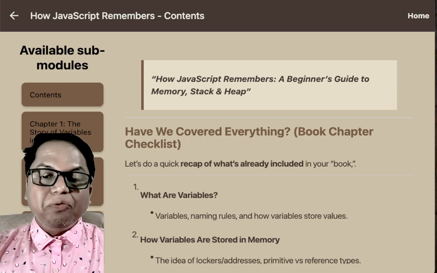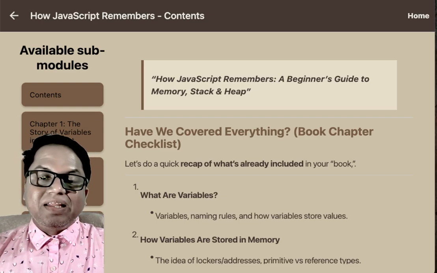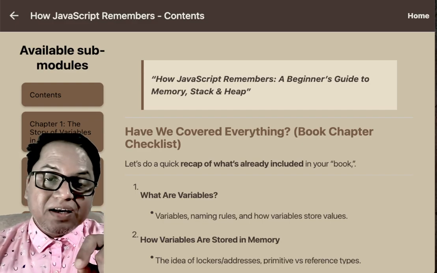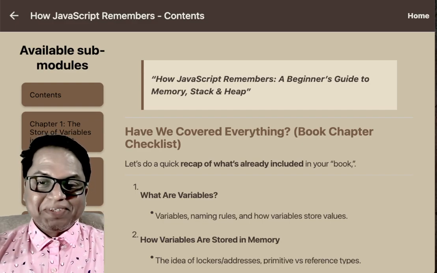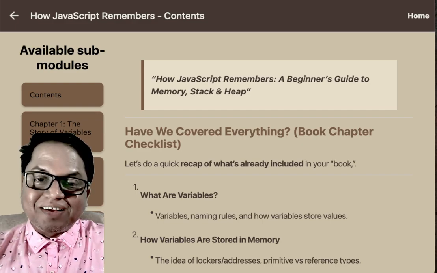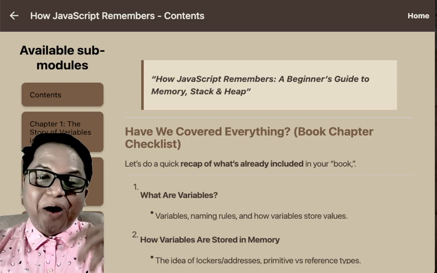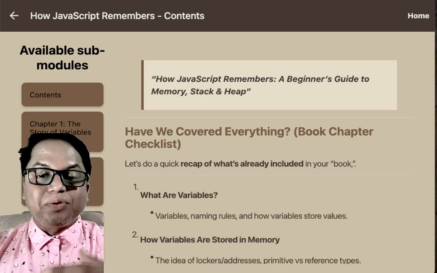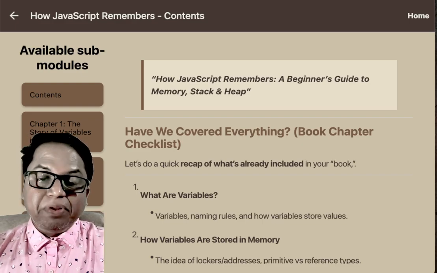If you are ready to build apps that are as fast on day 100 as on day 1, if you want to stop guessing and really know how your code works, and if you want to stand out in your next interview with true confidence,